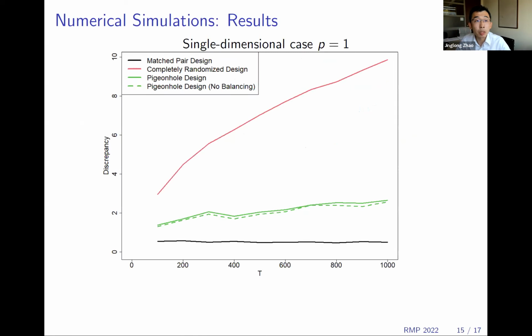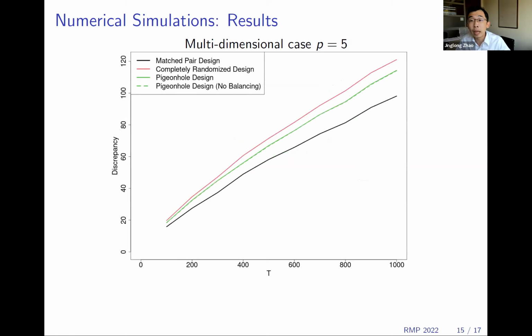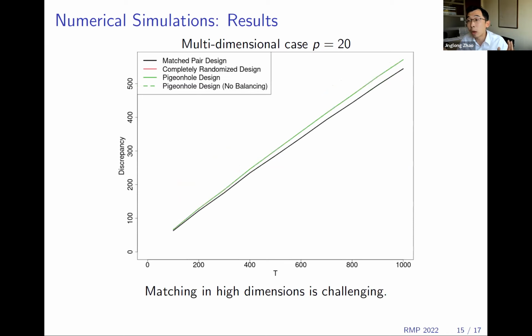So let me show you some numerical results. This is the single dimensional case: the red curve is a completely randomized design, the green curves are different versions of the pigeonhole design, and the black curve is a match pair design. It does perform very well in the single dimensional case. And in the multidimensional case, as we can see, everything grows larger with respect to t. And when the dimension is very big, for example, 20, then the red curve and the blue curves coincide,